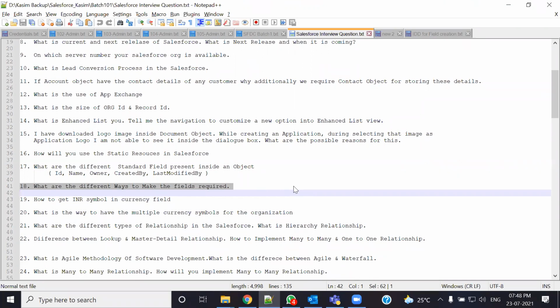So basically, there are 4 ways to make a field a mandatory field. Write down the first point for this. The first point is there are 4 ways. Periodically I'm going to give you the answer. Right now I'm giving you the first point. The first point is, during the creation of any field, whenever you create any field,